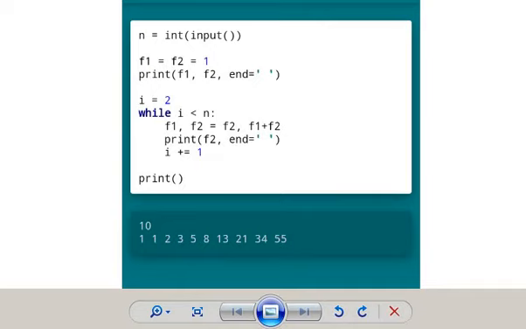If you are a very good programmer, you can write it in any way. So try to observe the difference between this and the one which I gave earlier in this session. So print F1 and F2, F1 and F2 both are 1, and just go through it and check it out.